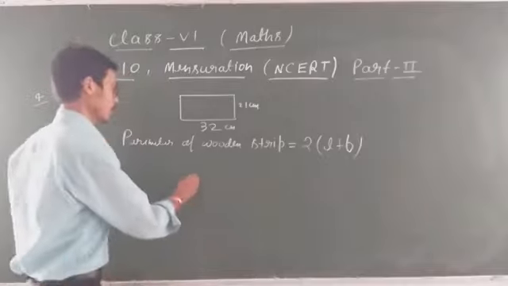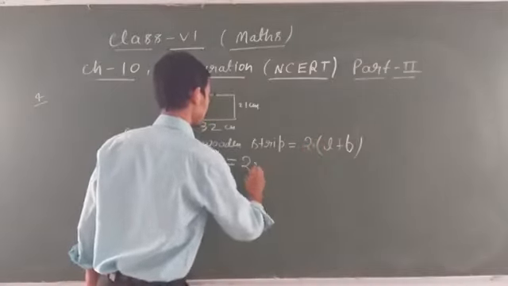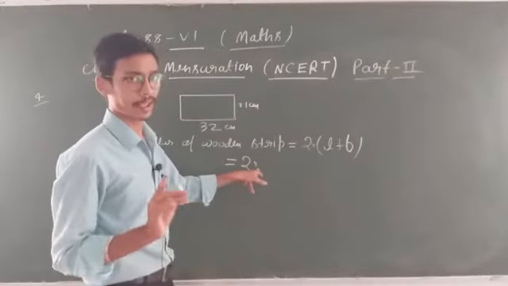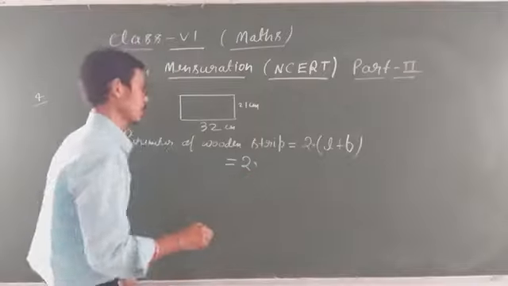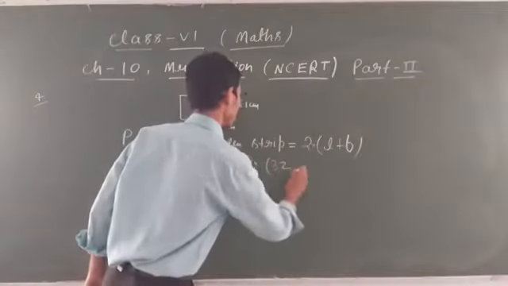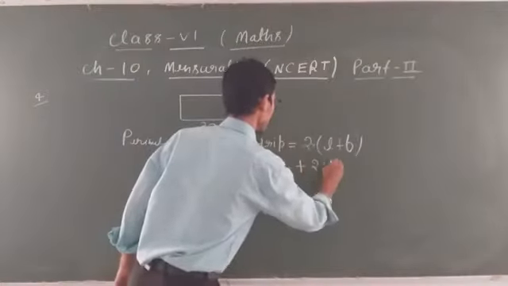Clear, student? So now come to the point 2. Nothing is given, meaning the sign of multiplication. In yesterday's video, students were asking what this is. So this is multiplication, simple, the sign of multiplication. Now L is length, which is given as 32, so write down 32. Plus breadth is 21, so write down 21.